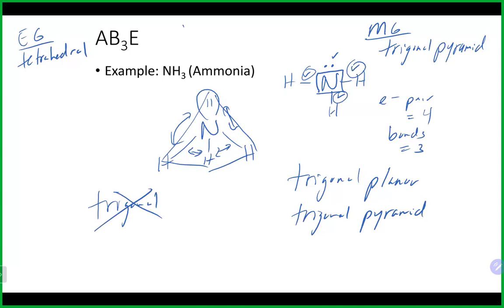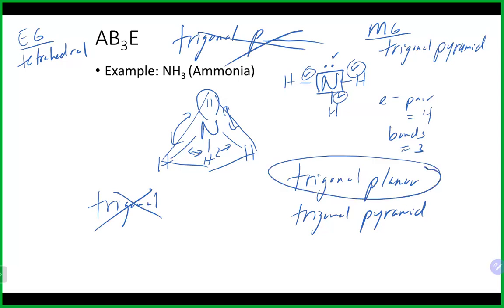Don't do my other favorite, where people are very confident on the first name, trigonal, and then it's clearly planar, pyramid. So make sure you do choose. They are different. This one is 3 electron pairs, 3 bonds. This one is 4 electron pairs and 3 bonds. So there is a difference between those two. Make sure you keep that in mind. All right, we will lay it